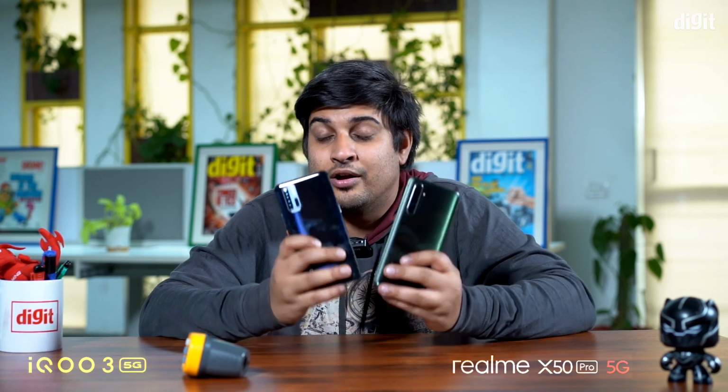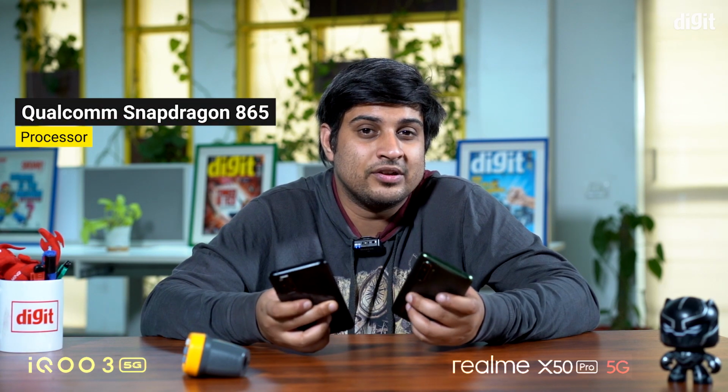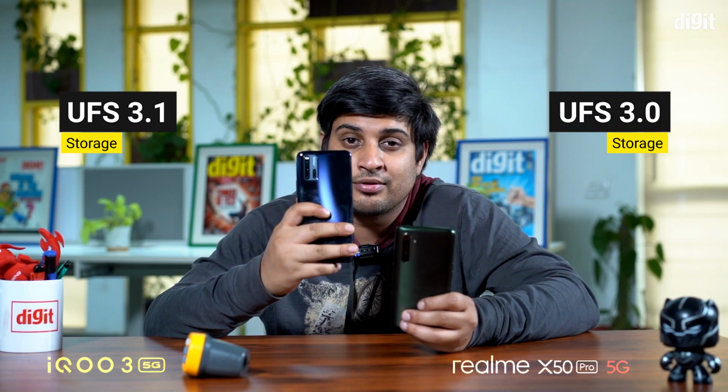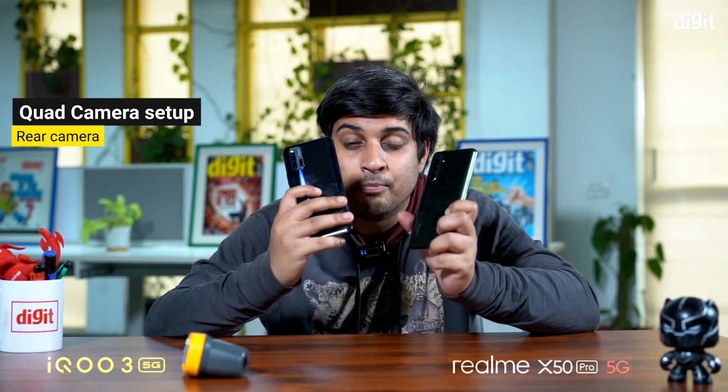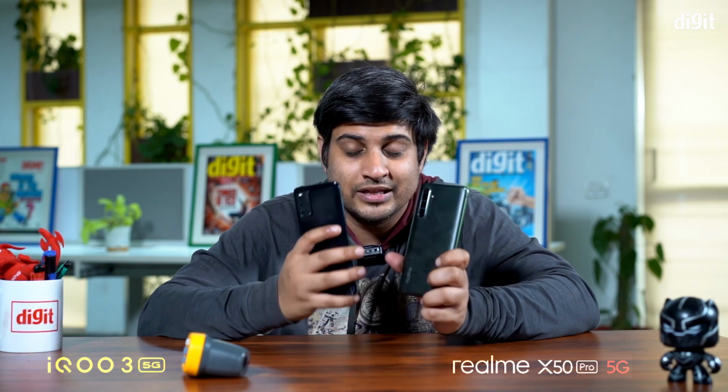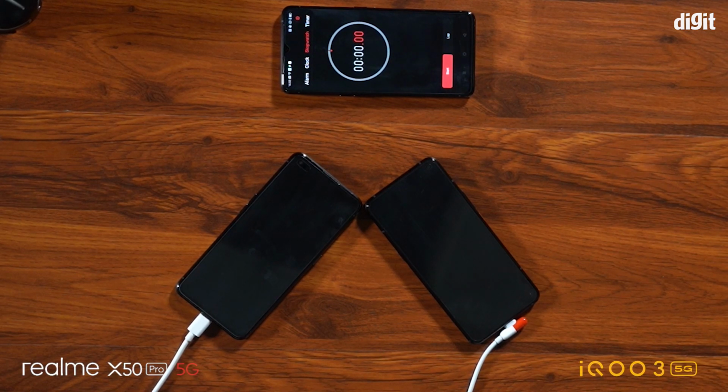Yes, I'm talking about the Realme X50 Pro 5G and the iQOO 5G. As the name suggests, both of these are 5G smartphones, and while you still can't do anything with the 5G part yet, they also come with the Snapdragon 865 processor, LPDDR5 RAM. The X50 comes with UFS 3.0 storage, the iQOO comes with UFS 3.1 storage, and both of them have a quad camera setup at the back. But what we're going to test today with these two phones is how fast they charge,